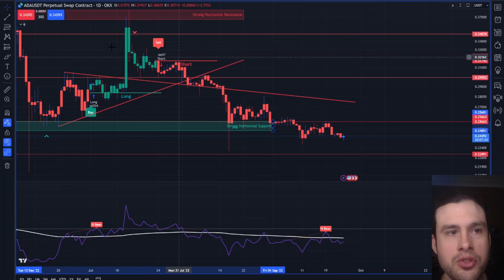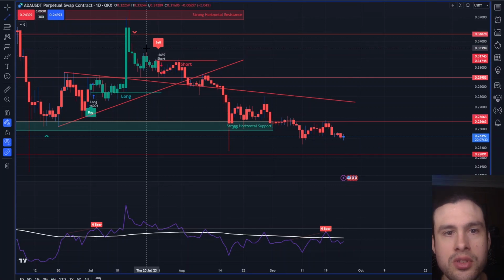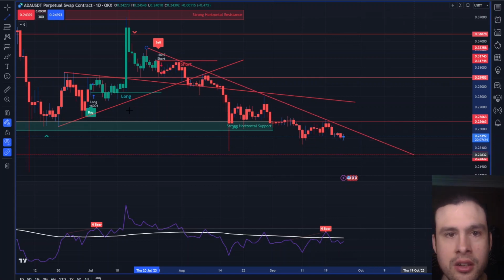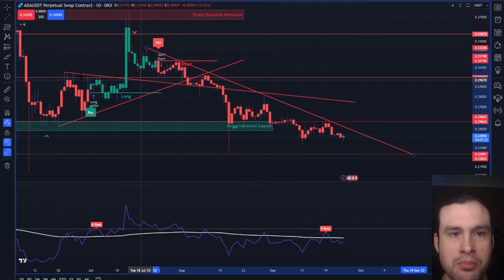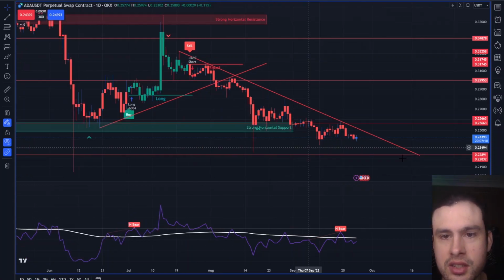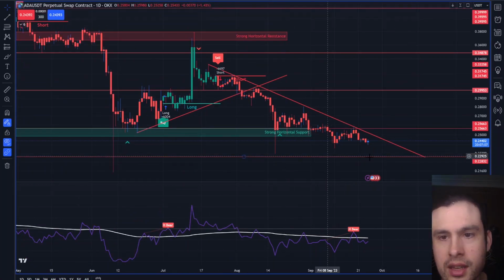I guess if we were going to draw a diagonal line that we could use for confluence on a potential break, I would say we're probably looking at this, I would guess, for the current horizontal. And we can say this is broken and we can invalidate this too. That's pretty much useless. And so yeah, there we had our breakdown below, retest, and then down. And here's the next major support down there. This line here, about